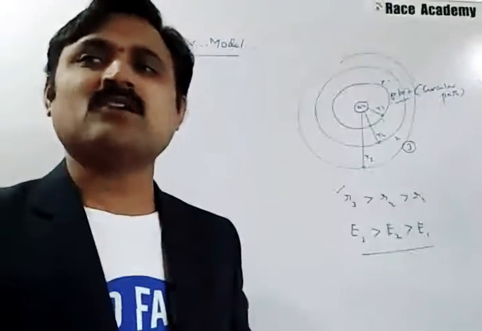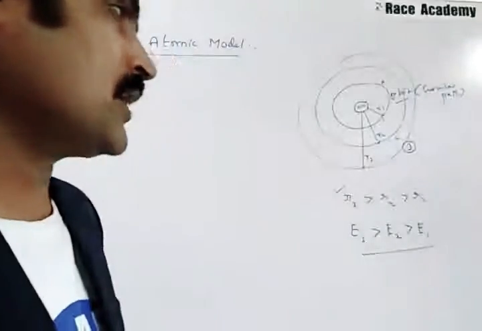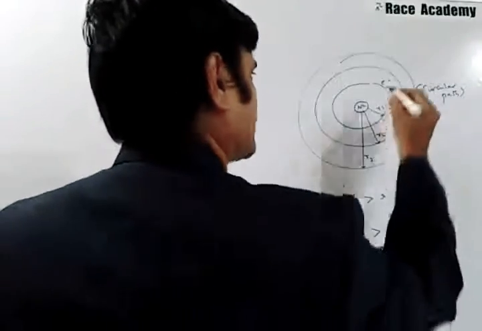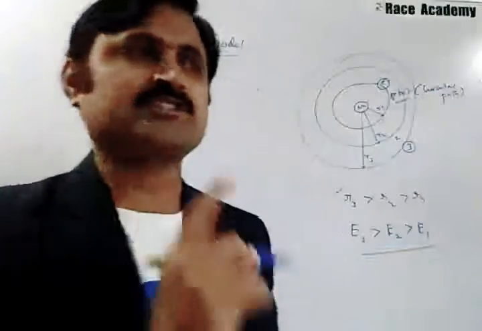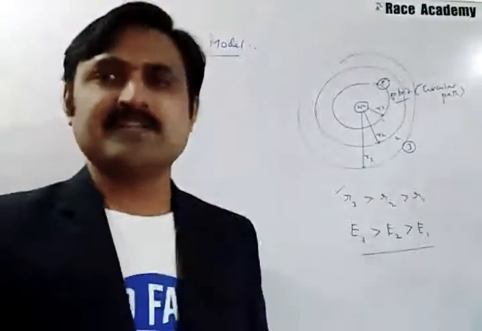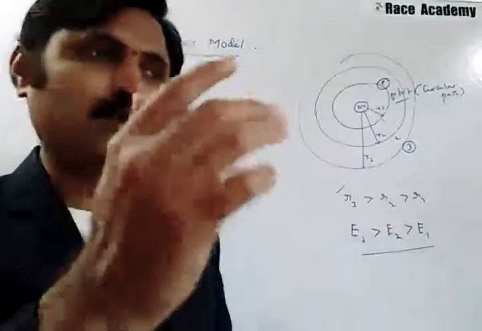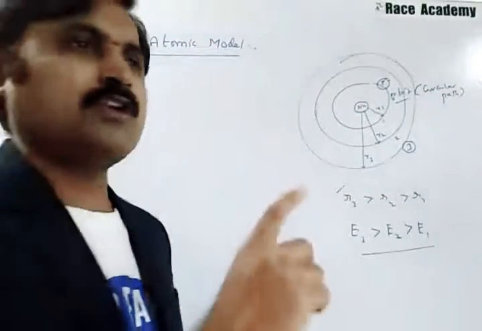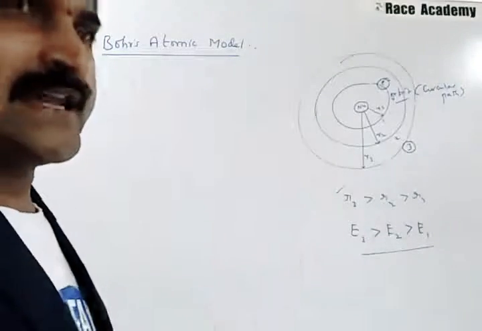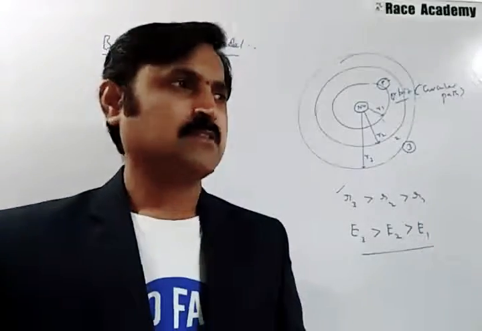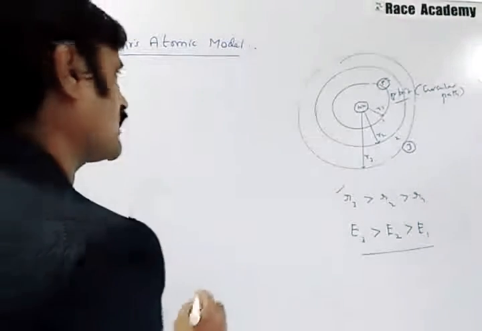An electron does not radiate energy as long as it revolves in a particular circular orbit. Suppose an electron is present in the first orbit; as long as it revolves in that orbit, according to this theory, it does not radiate energy. If it starts moving from one orbit to another orbit, then only is there a possibility of radiating energy, that is, a change in energy. That is another most important postulate of Niels Bohr's model of energy.